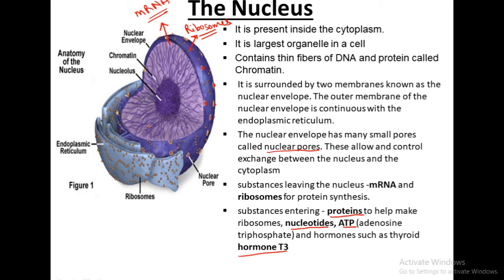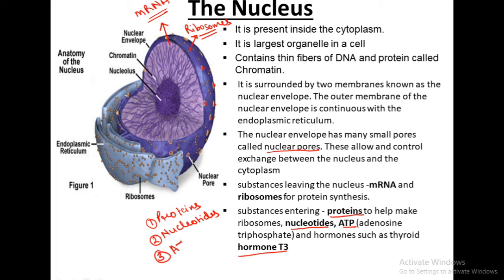So things which are entering inside the nucleus, I'm just going to write down here, that is proteins which are helping to make ribosomes, because ribosomes are produced inside the nucleus. So proteins which are making ribosomes, that is the first thing. Second, nucleotides, and third is